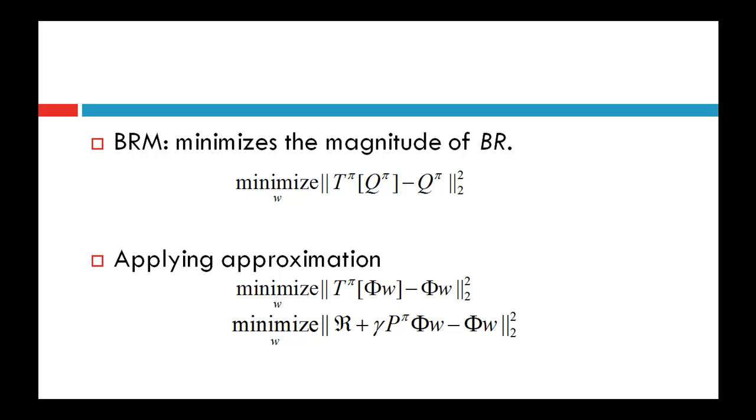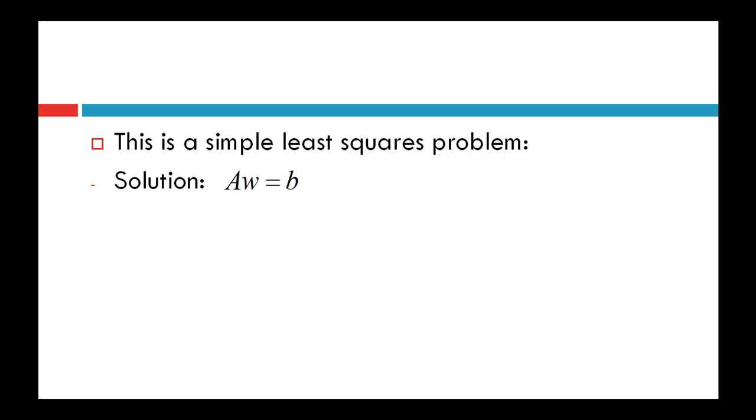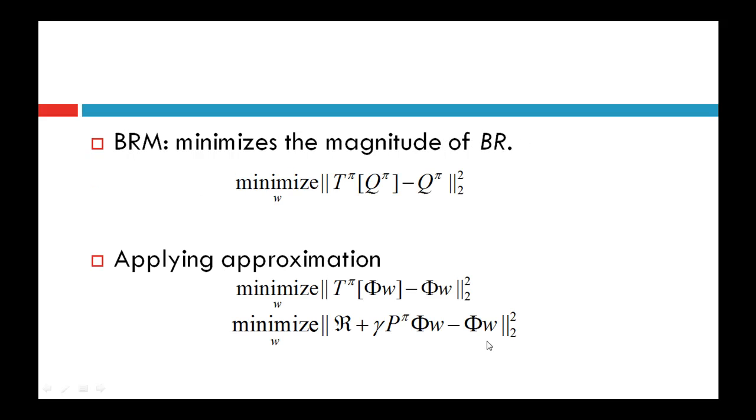When written in terms of the value function approximation, it is given as: minimize over W, T pi of phi W minus phi W, which is R plus gamma times P pi times phi times W minus phi times W. So the Bellman residual minimization solves this optimization problem, which is also a convex optimization problem, and the result is equivalent to a least square problem. Obviously this is just a least square problem,